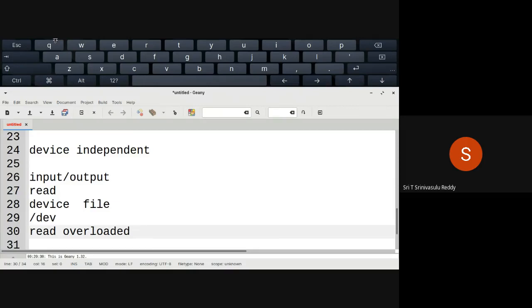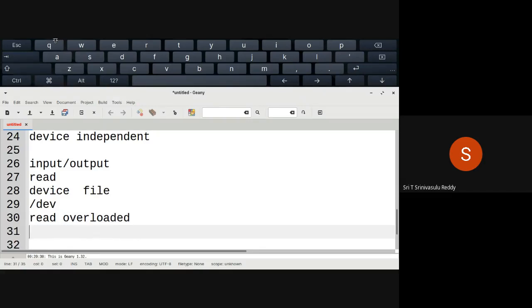The system call may be the same, but by specifying the corresponding file, it is going to invoke an appropriate read. That is how device independence is provided to the end users.